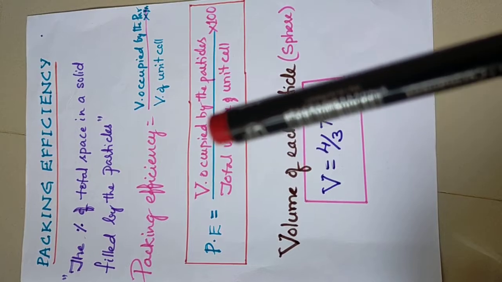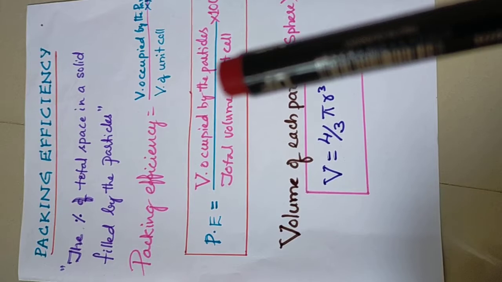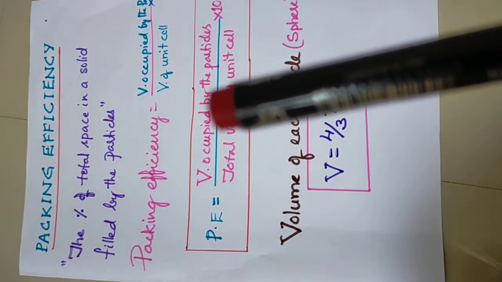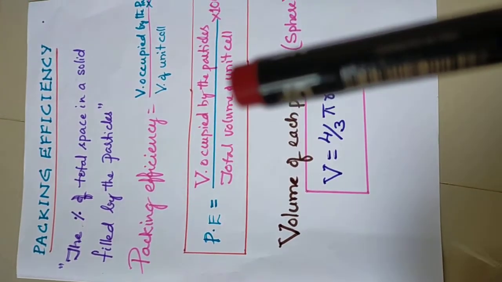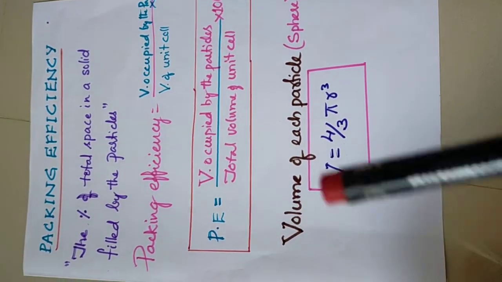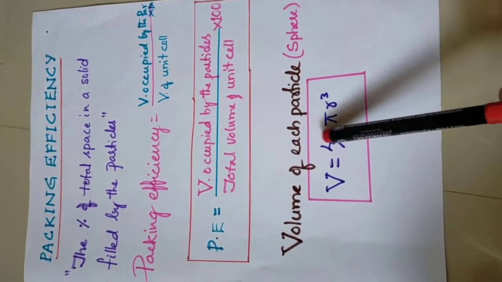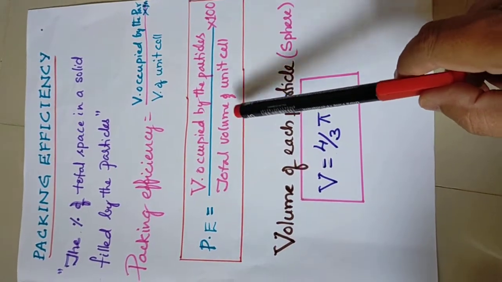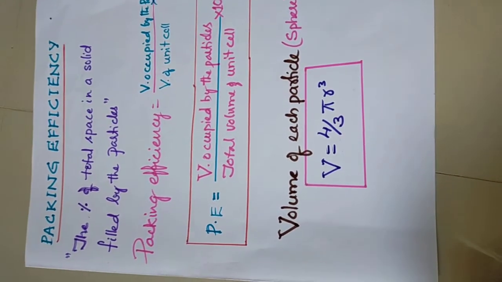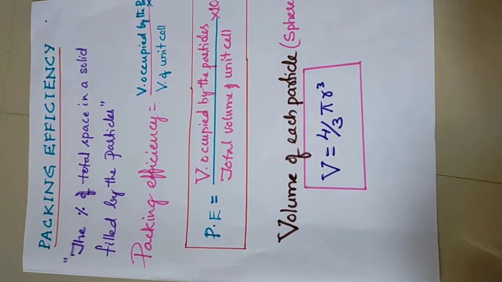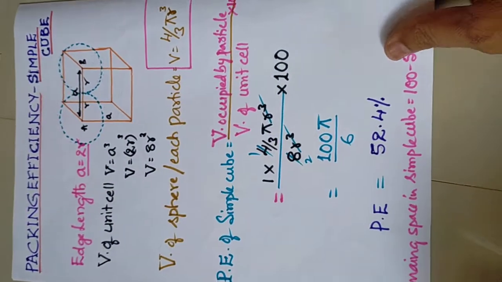Packing efficiency is equal to the volume occupied by the particles or the spheres, and here we have to go for different solids. In a simple cubic lattice, how many particles are there? 1 particle. The Z value has to be put in. Again, the total volume of the unit cell into 100. Then comes the volume of each particle or sphere. This should also be known. So the total volume will be there, the volume occupied by particles here and the total volume here. So this is the packing efficiency: one definition and three derivations for this. You could observe this, the packing efficiency here.